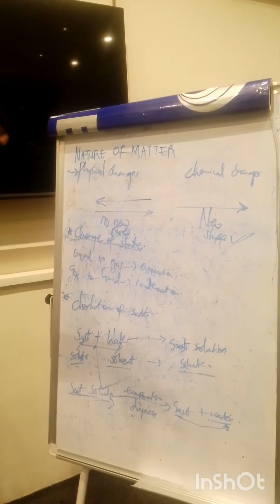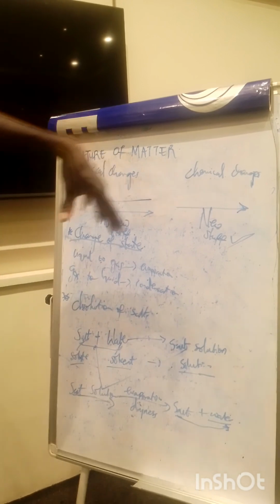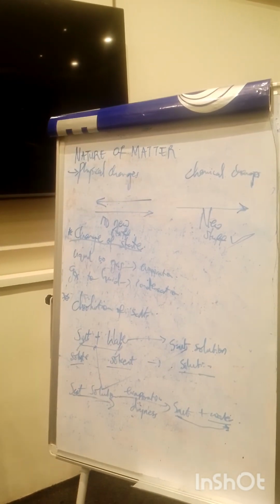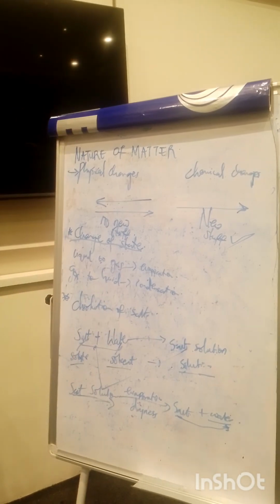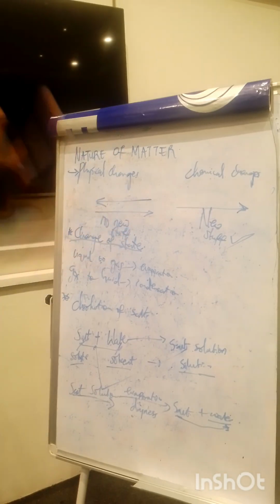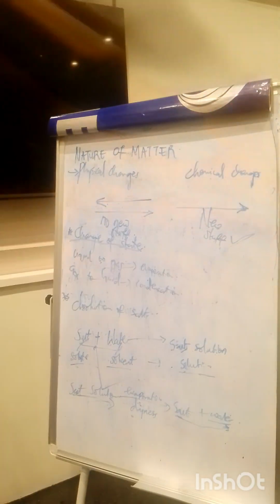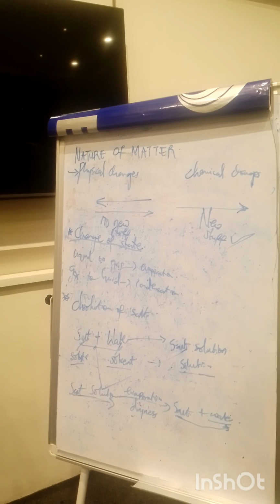Please take note. If any question comes asking which of these are examples of physical change, and you see separation techniques or separation of mixtures in your options, just run and choose it. Because you cannot say separation of mixtures is an example of a chemical change. No. It's a physical change, because we are trying to obtain pure stuffs. Are you with me? So take notes.